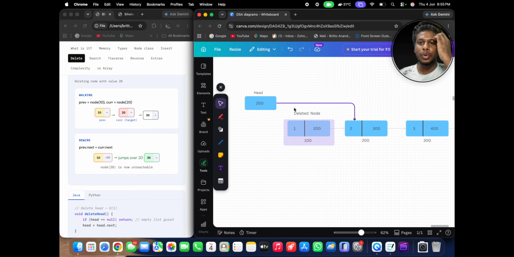So what I'm going to do is, the first node was what? Head, which is 100. That first node's next part, I'm going to store it inside the head. Okay, first node's next part, I'm going to store it inside head. So what I have done is,